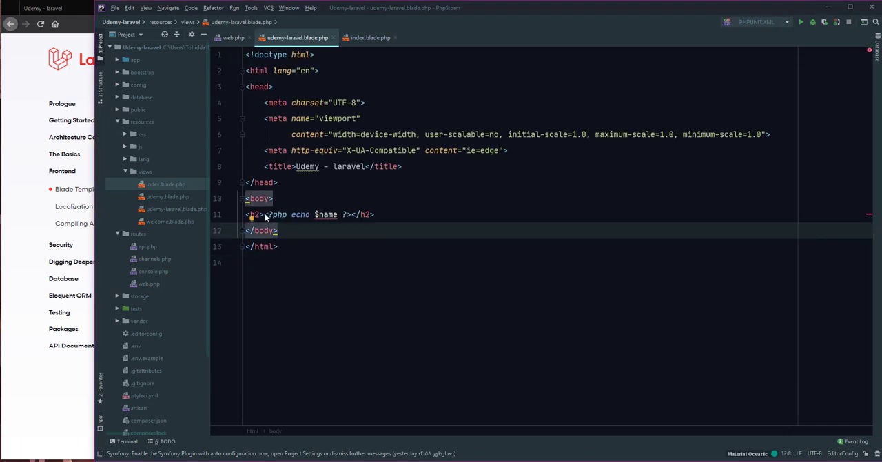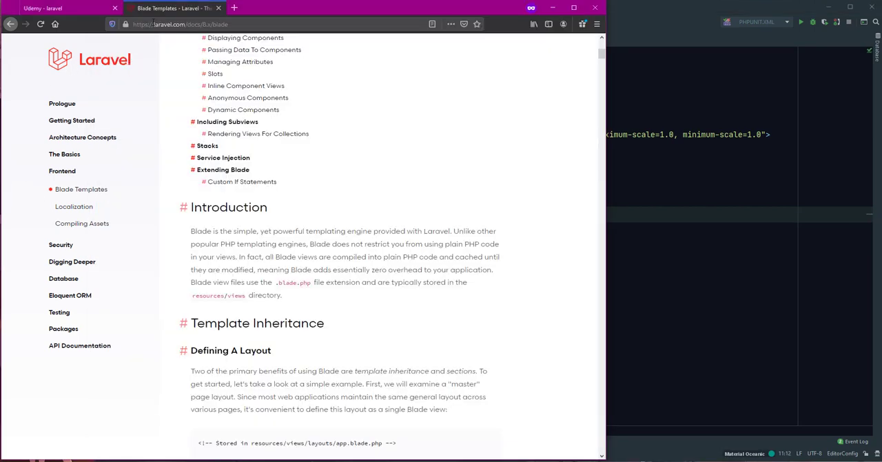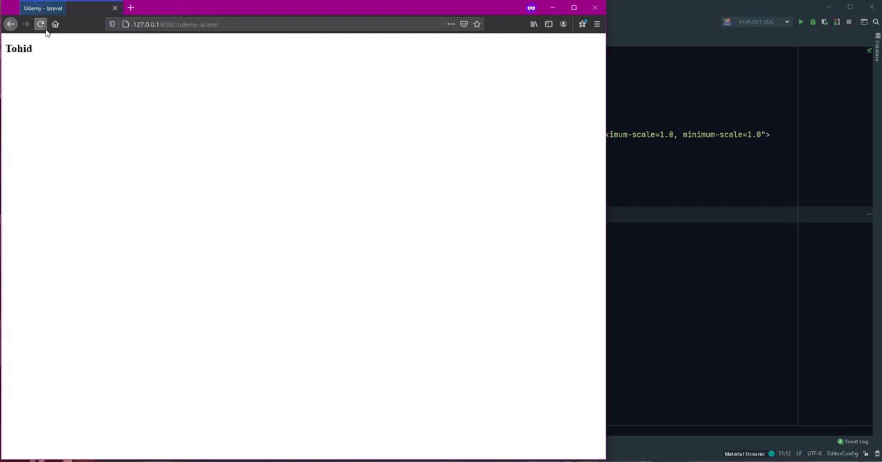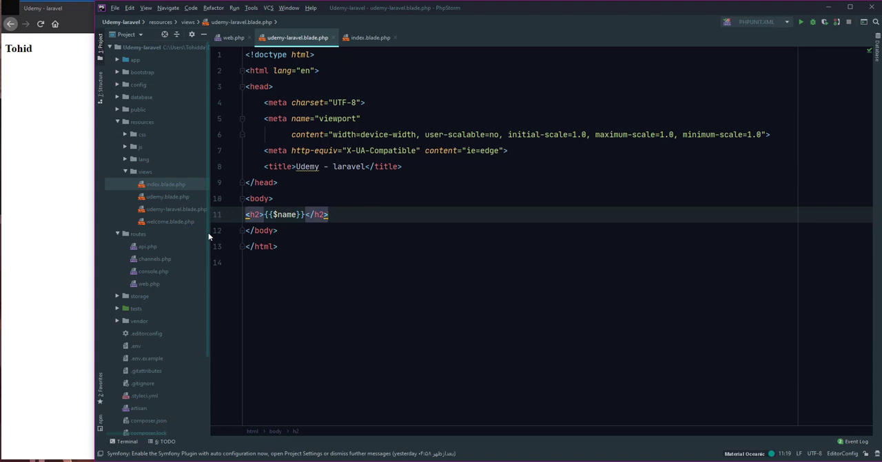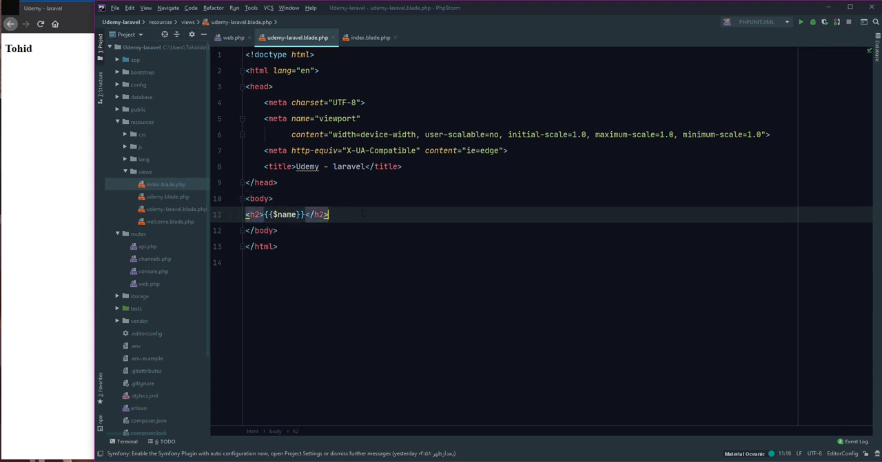In PHP I use php echo $name, and in Blade it is enough to write $name. Okay, close this and refresh, and see it. Okay, now let's check the Blade